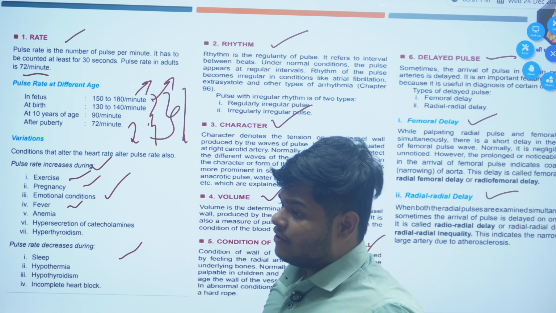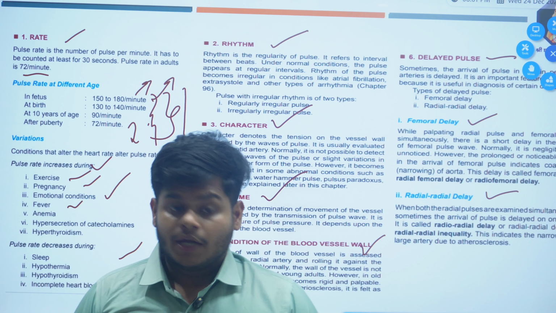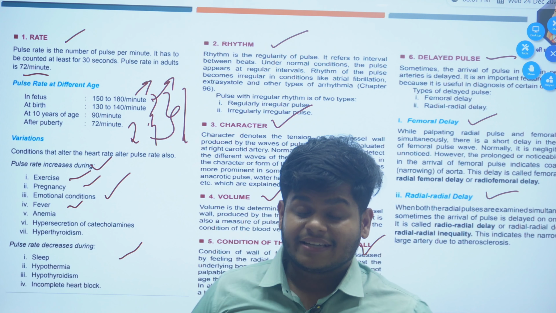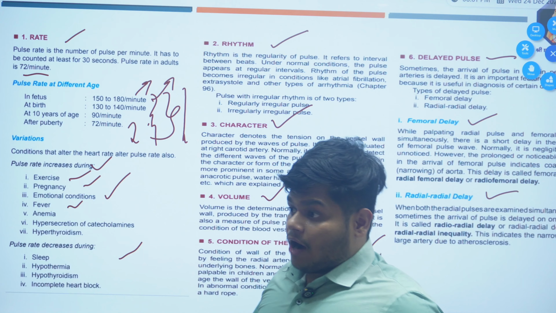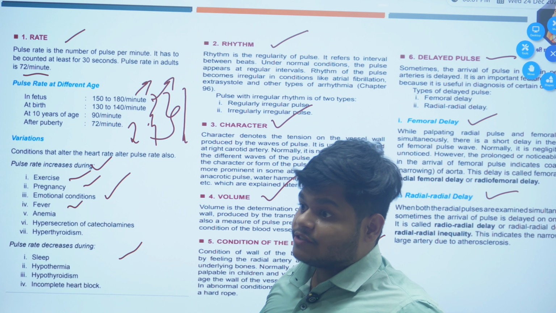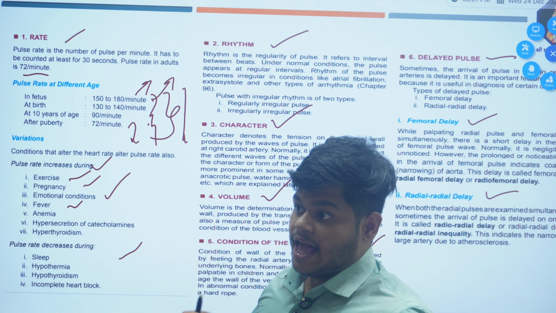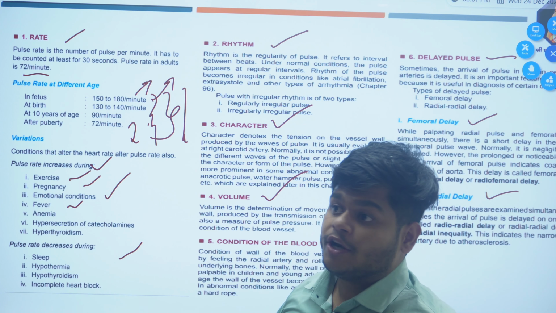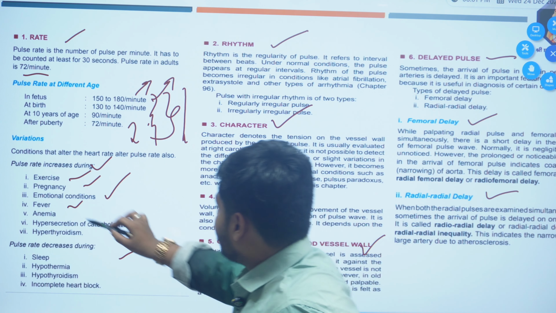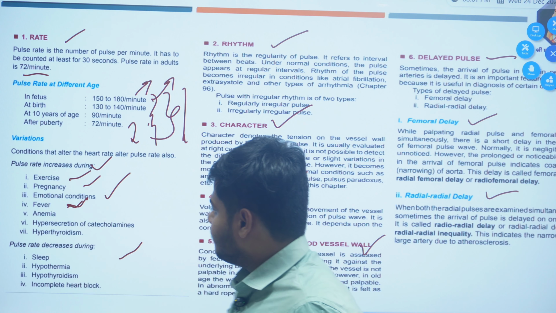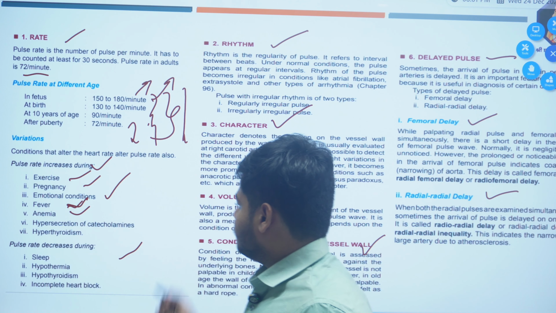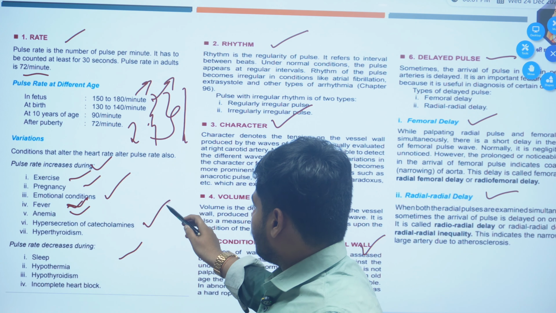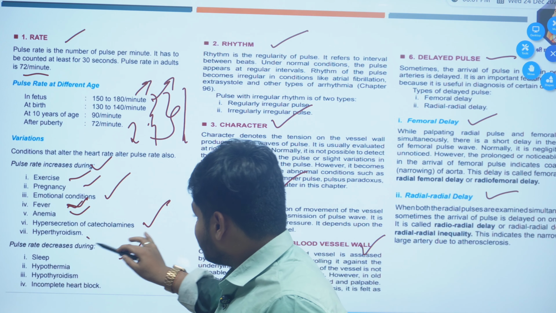Fever: our body metabolizes more, so heat is generated, and to stabilize that heat, our body works more. So at the time of homeothermy or fever, pulse rate also increases. Anemia increases it. Hypersecretion of catecholamines increases it. Hyperthyroidism also